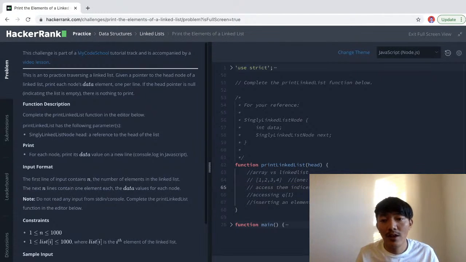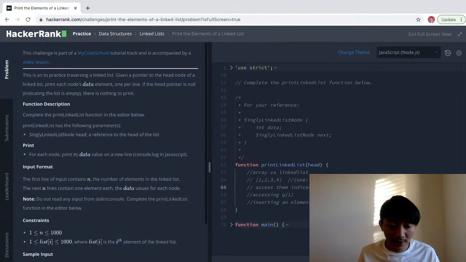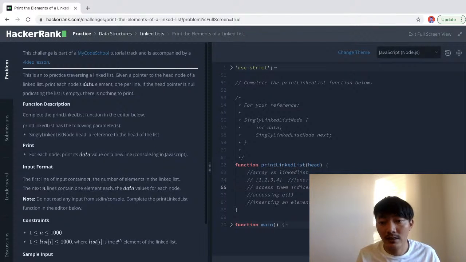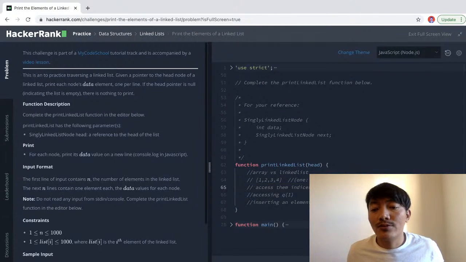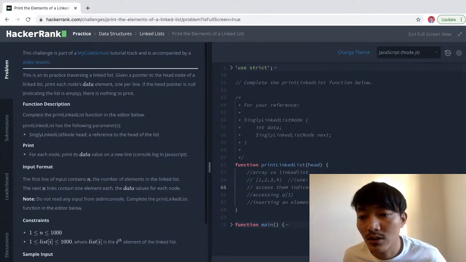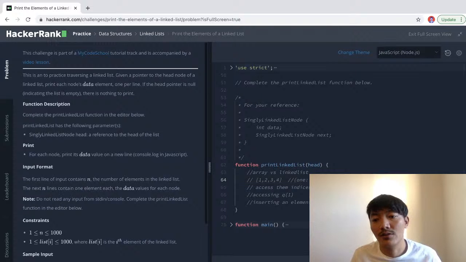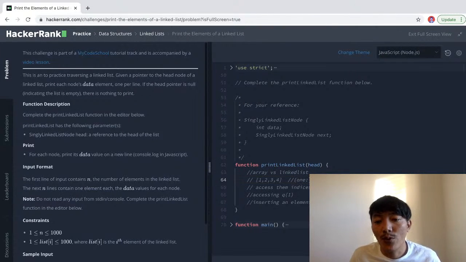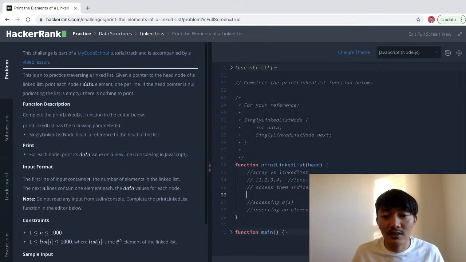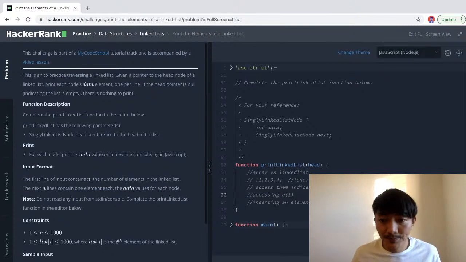So we can't access them directly, and accessing is O(n), because we can't jump straight to the third object. We need to start from the one, and one has next, that is two, two has next, that is three. So accessing takes time, but